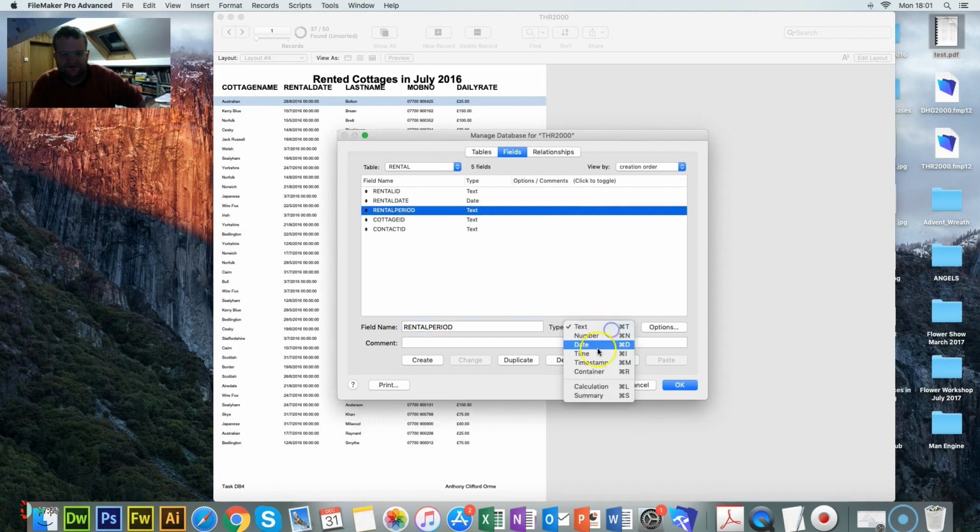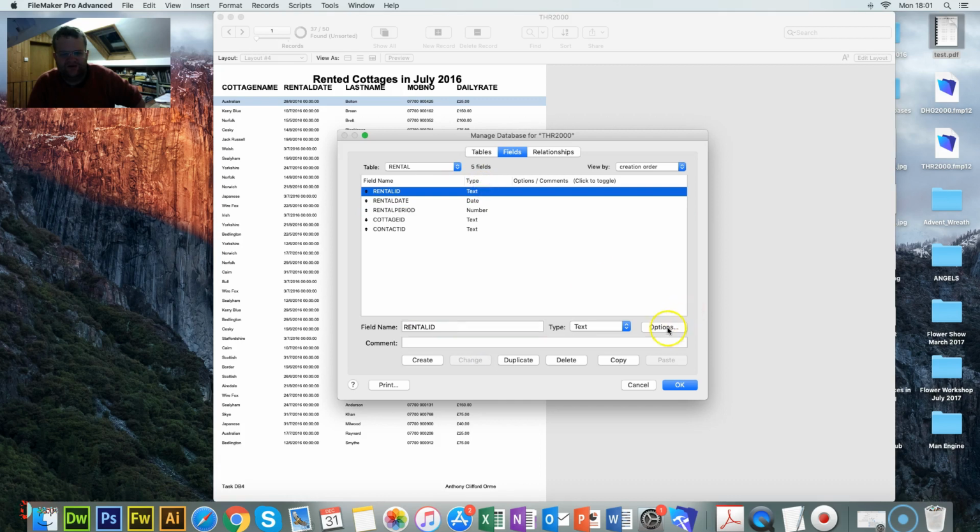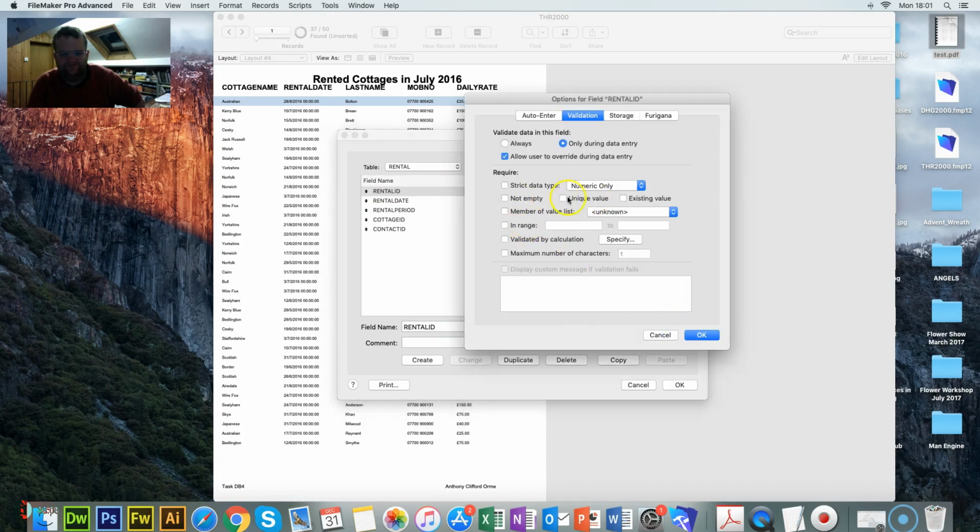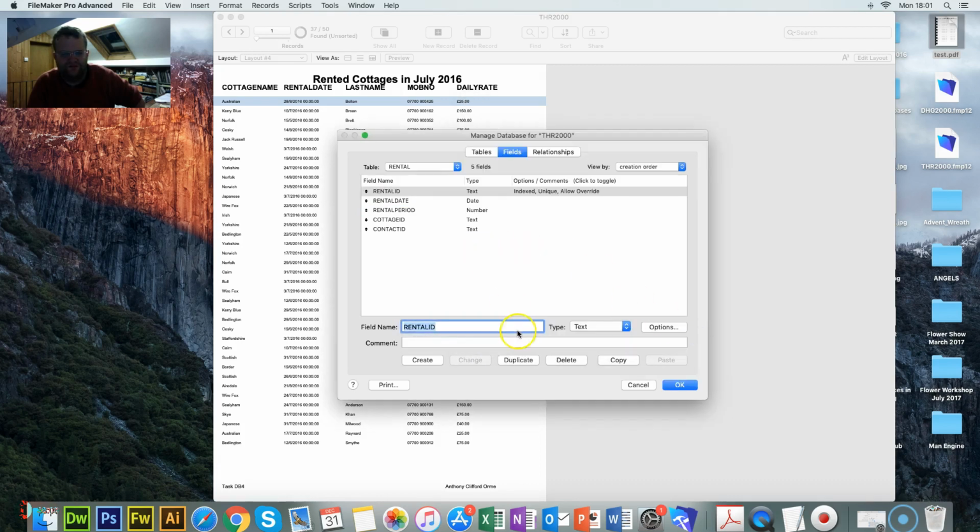Okay, that's a number there, so we need to change that. Rental ID, that of course is unique. Cottage ID, unless we have a look, but if we go back to OK,